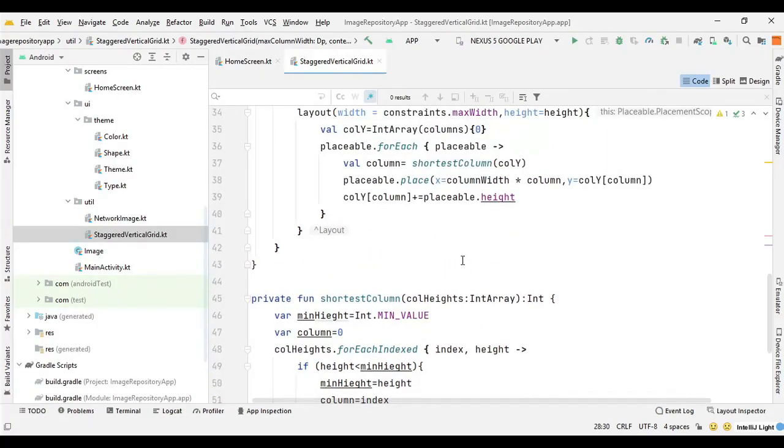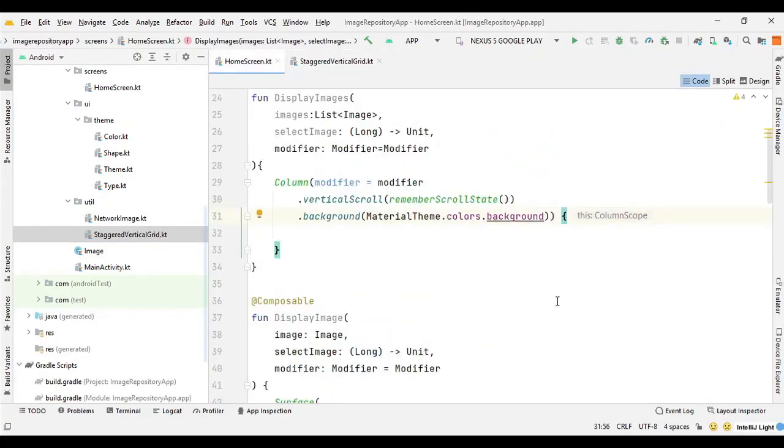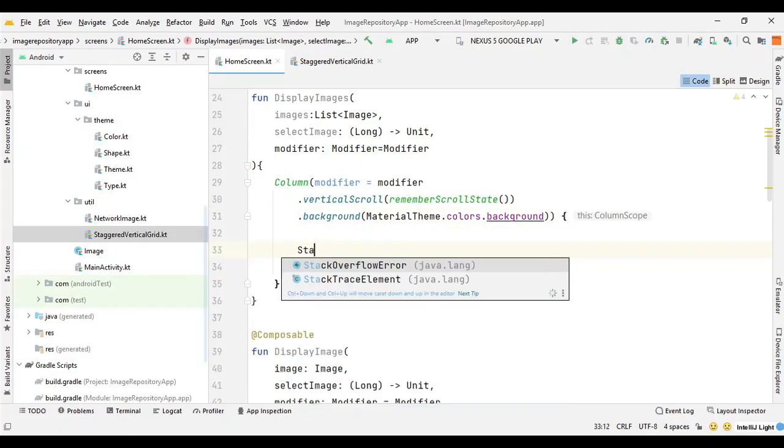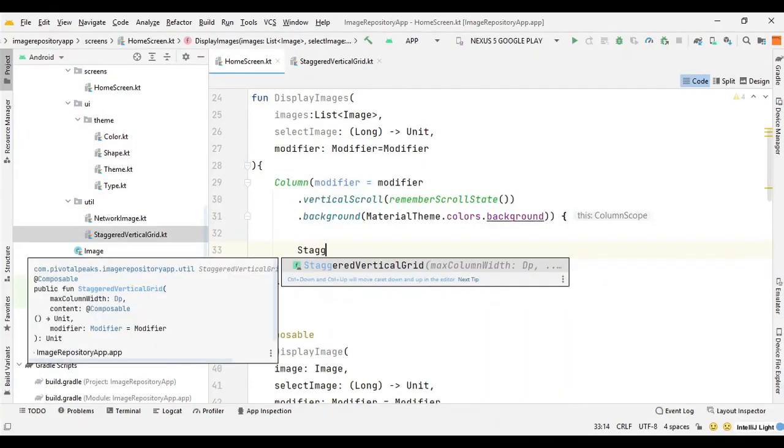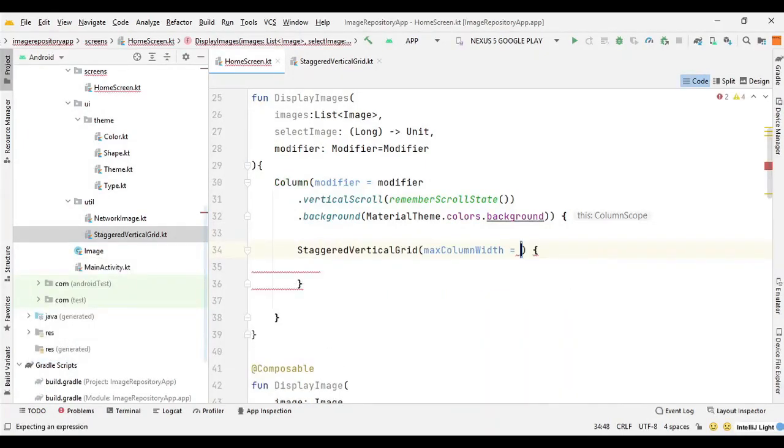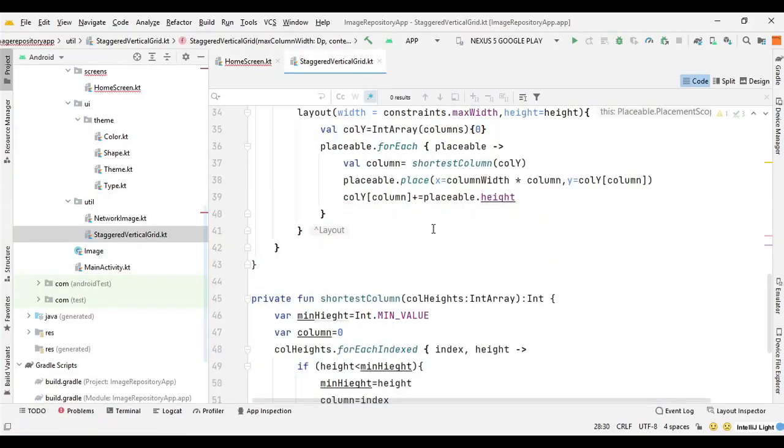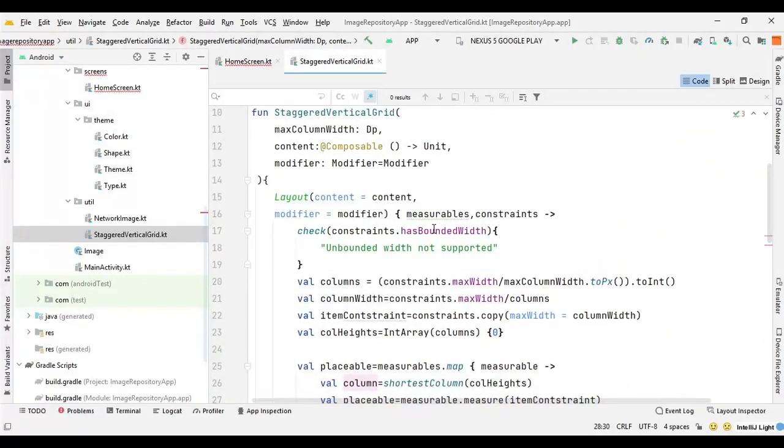So now I want to use this staggered vertical grid in our home screen. So let's do that. So here we can say staggered vertical grid, and it requires the max column width, as I mentioned when I was making the vertical grid.